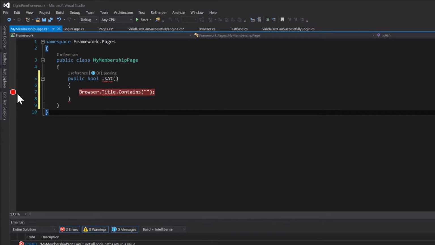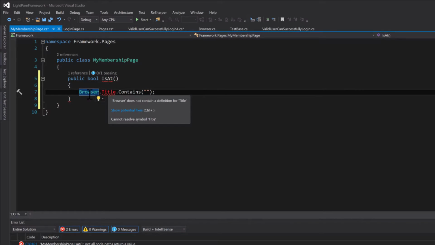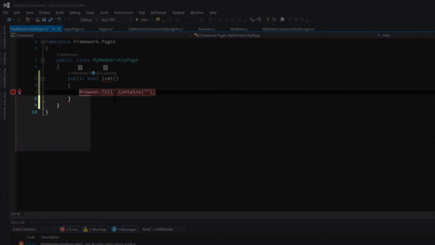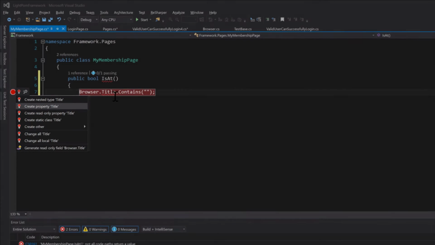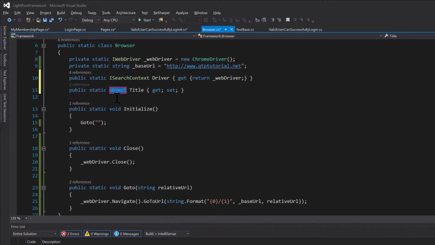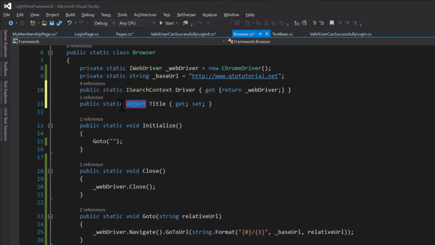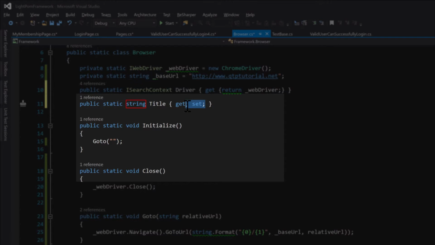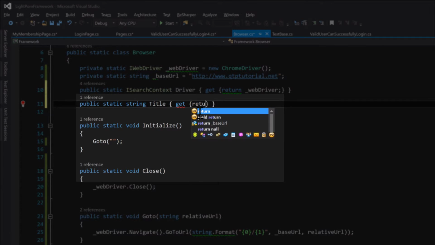So now it's going to complain that it doesn't have a title property. So I'm going to put a breakpoint here, do Alt-Enter, and then that's going to be actually a static property. There is no option here. It's okay, I'll just do create property title. Now we have a public static. This is going to be what kind? It's going to be a string, because you guys will see that what it's going to return to us is